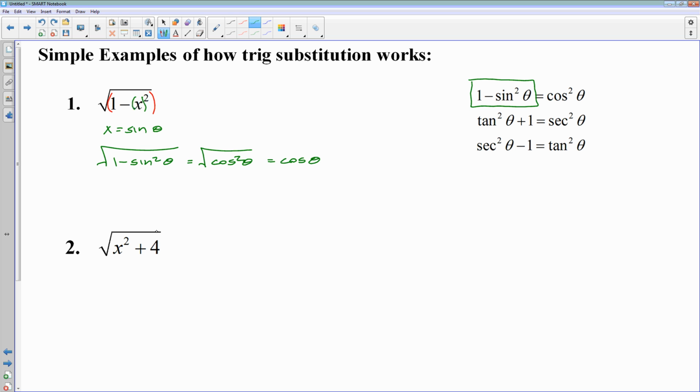So let's look at this one, the square root of x squared plus 4. Well, x squared plus 4, that's something squared plus a number. That kind of resembles tangent squared plus 1. The only difference is it's a plus 4, not a plus 1. So the way we force the plus 4 into this equation is we simply multiply the entire equation by 4, and that would give me 4 tangent squared plus 4 is equal to